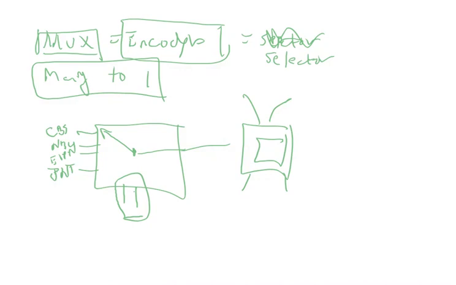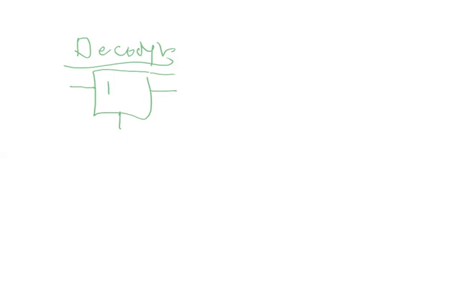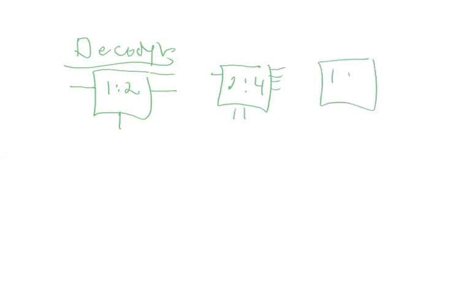So let's think about the dual of the multiplexer. The dual of the multiplexer is, if you have an encoder, the dual must be the decoder. So the decoder, what does that do? So the decoder takes one input and makes many outputs, right? So it does the opposite. So this is a 1 to 2 decoder, and then we'll do another one over in here. We'll do a 1 to 4, and then we'll do another one, 1 to 8,